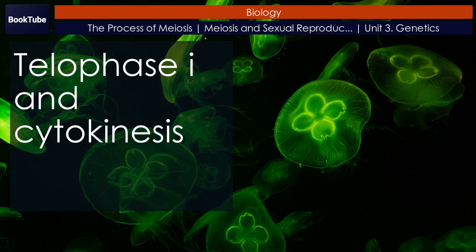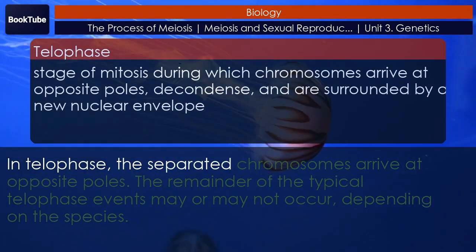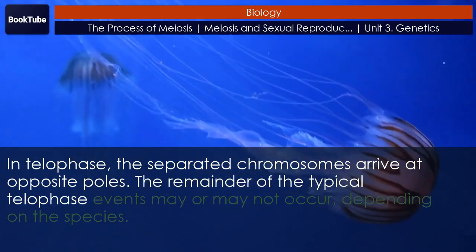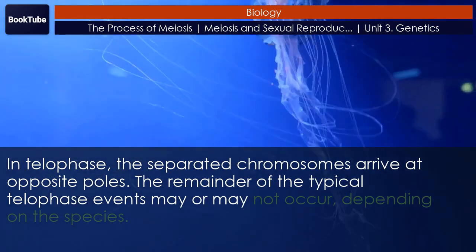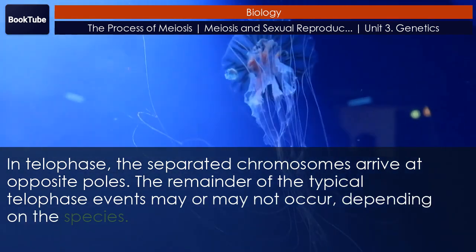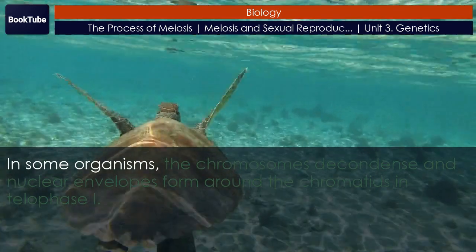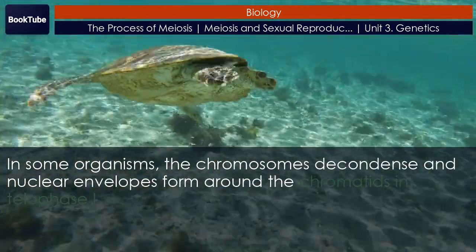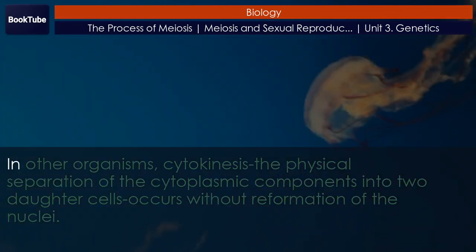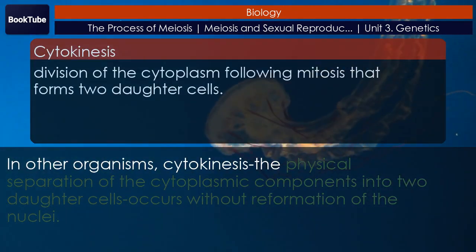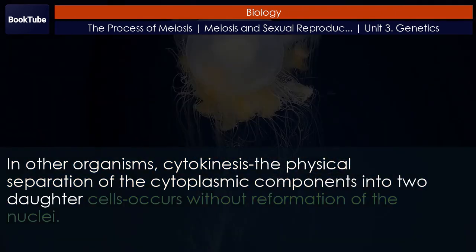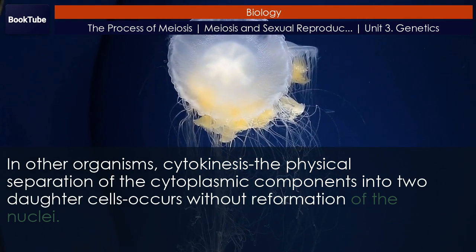Figure 4. Telophase I and cytokinesis. In telophase, the separated chromosomes arrive at opposite poles. The remainder of the typical telophase events may or may not occur, depending on the species. In some organisms, the chromosomes decondense and nuclear envelopes form around the chromatids in telophase I. In other organisms, cytokinesis, the physical separation of the cytoplasmic components into two daughter cells, occurs without reformation of the